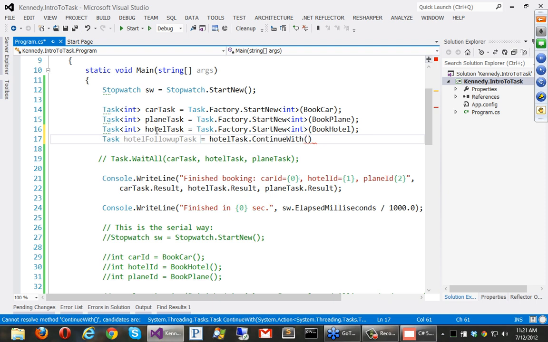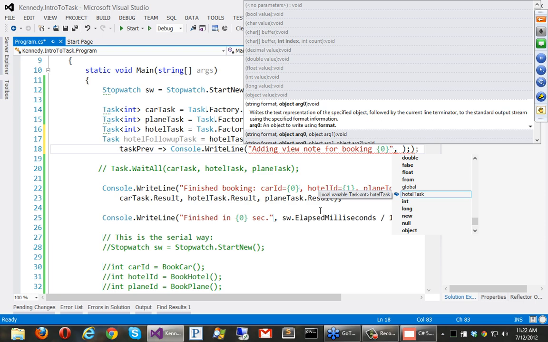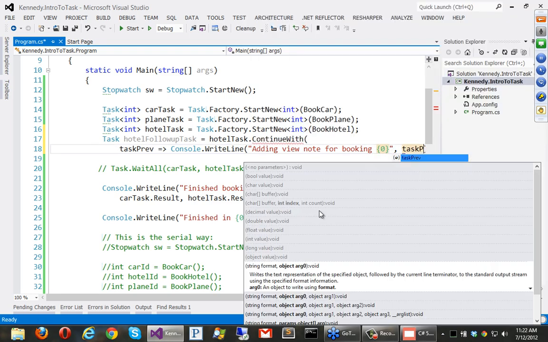And probably the most natural thing to do is to just give it a lambda expression. What's always passed into ContinueWith is the previous task. So basically hotelTask will be passed in. So we'll say task prev goes to, and what are we going to do? Well, we've got to do something with it. So we'll say Console.WriteLine adding view note for booking {0}, comma, prev.Id.